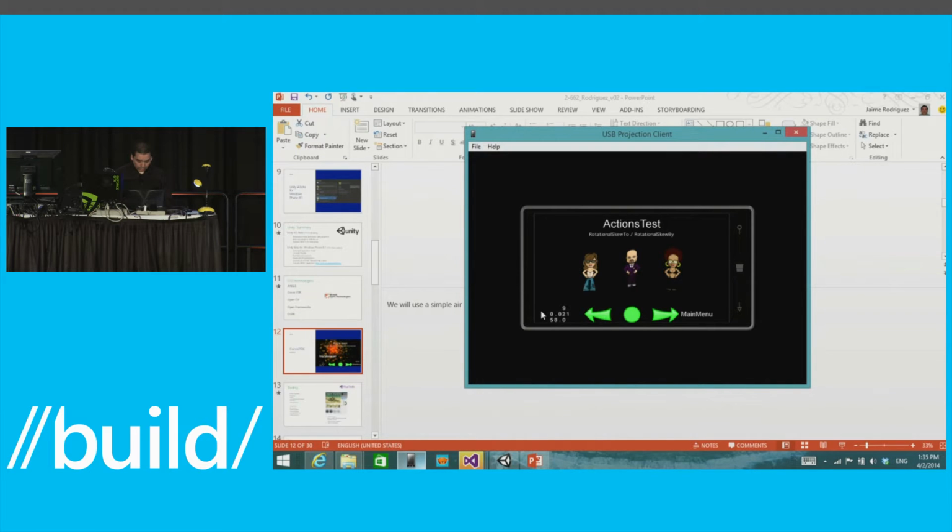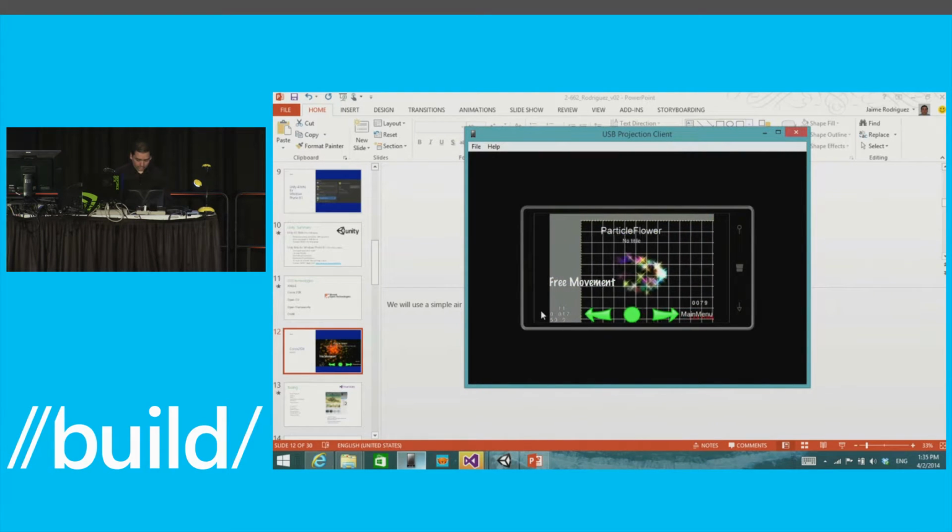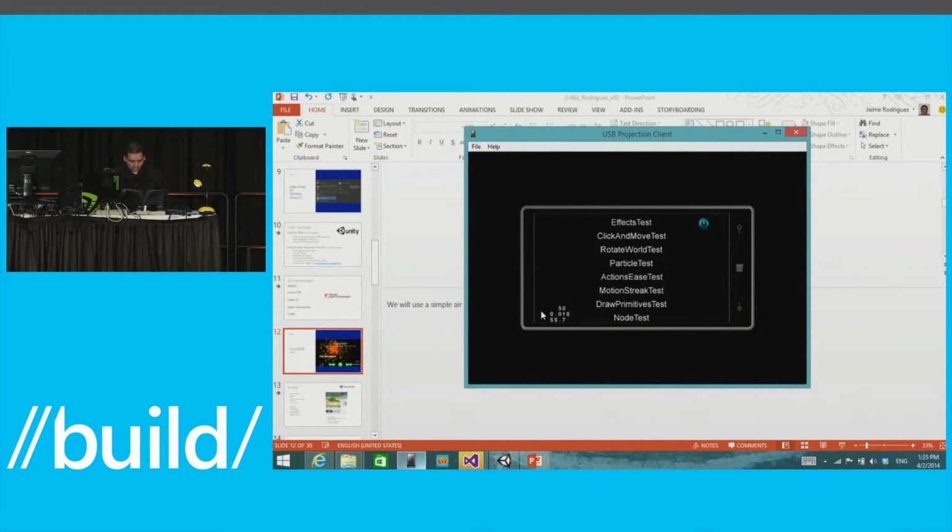If you want to see something cooler, go look at the particle test. Right here, you can see a lot of particles. You can see throughout this, all these demos are 60 frames per second, so performance is never a problem. We could go higher if we needed to, right? And there are a lot of different tests here. For example, you can go in there and try touch. All of this stuff works out of the box on both Windows Phone and Windows Store. So that's where we're at with regards to Cocos 2DX.